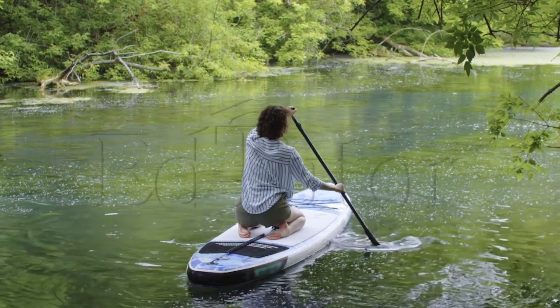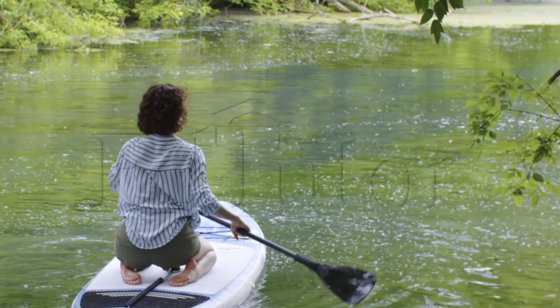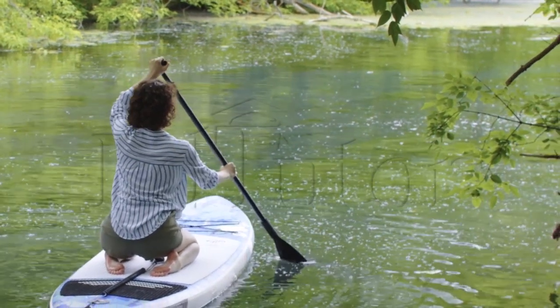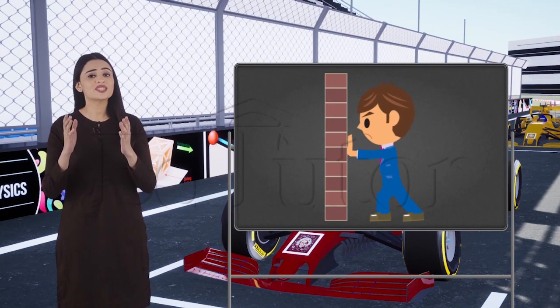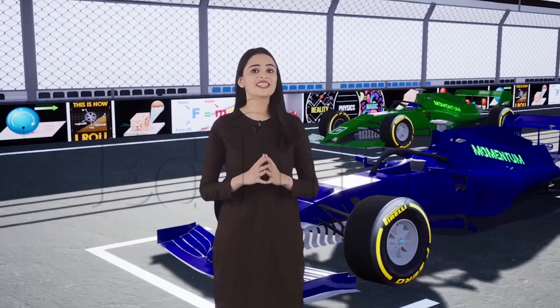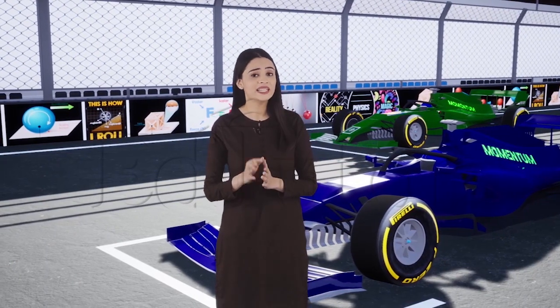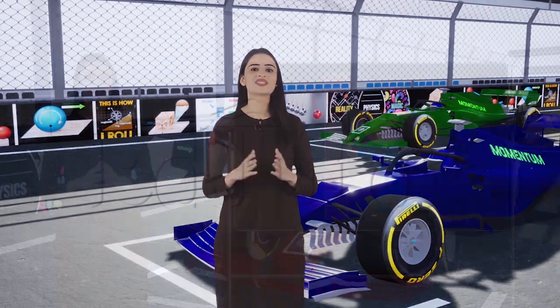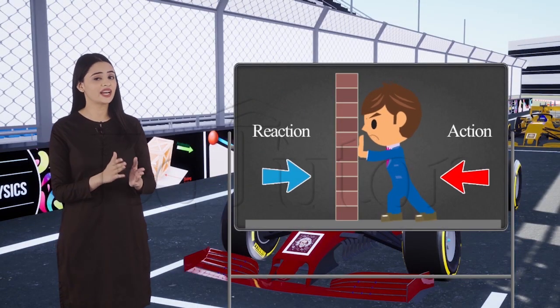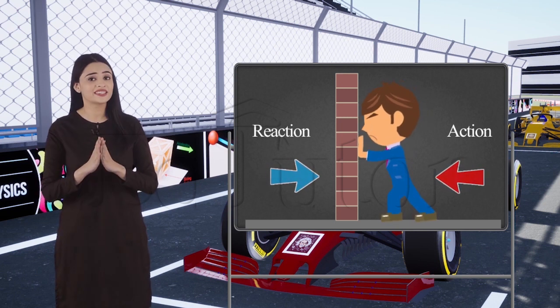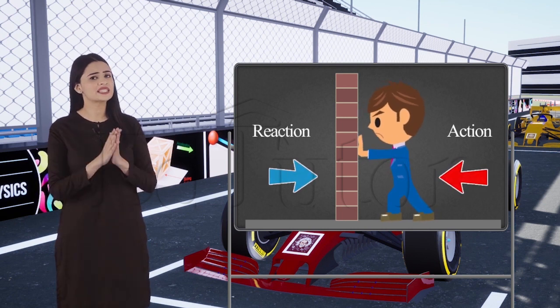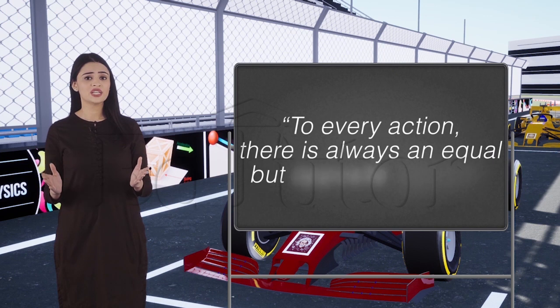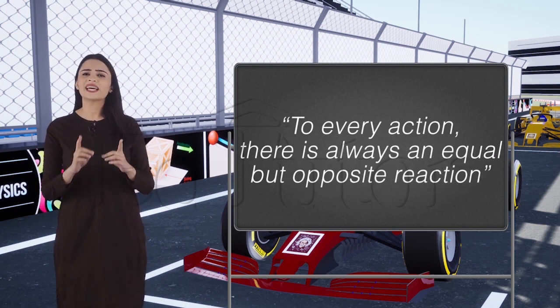It is important to mention and remember that action and reaction are always opposite to one another. Like you are applying a force on the wall, but the wall is not moving because it's also applying a force back on you. The amount of force your hand is applying on the wall is equal to the amount of force that the wall is applying back on your hand. So, as I said, action and reaction are opposite to each other, and at the same time, they are also equal. This example defines Newton's third law of motion, which says, to every action, there is always an equal but